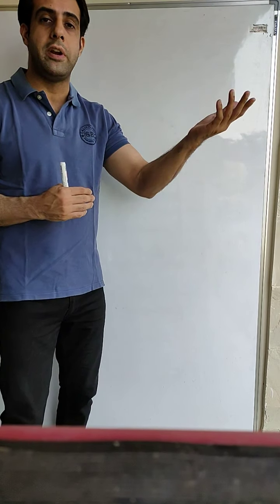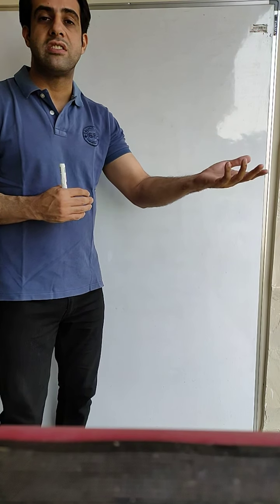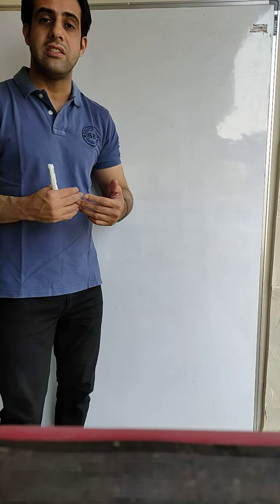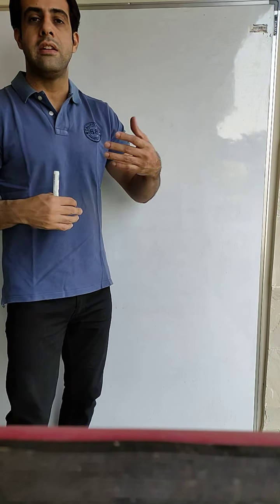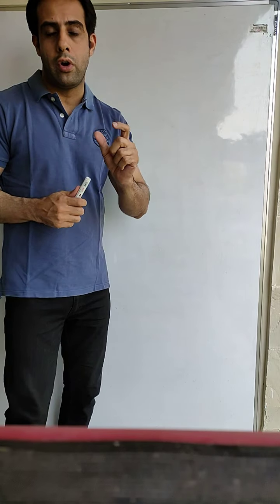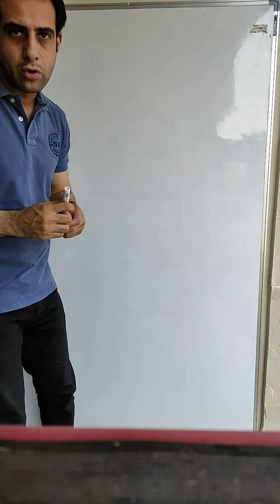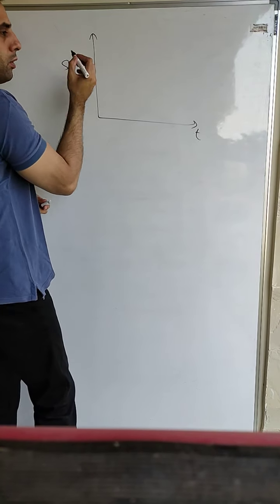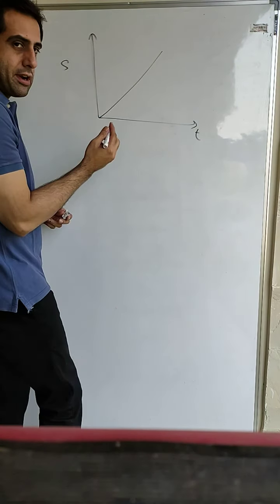If I increase my speed, then I will cover more distance in less amount of time. And if I decrease my speed, I will cover less distance in more time. So for uniform motion, I need to keep my velocity constant. Our distance time graph for uniform motion was this, a straight line.